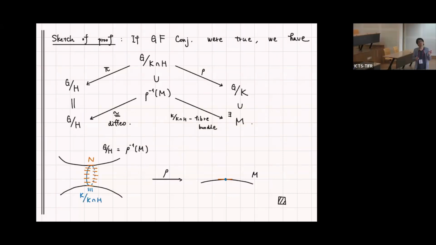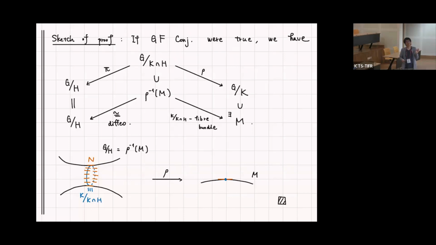And the proof is not difficult because if you believe the geometric fibration conjecture, then you get the fibration like this. And we, in fact, do not even need the Gamma equivariance of M. You can just say that you can find some M whose inverse image is diffeomorphic to G mod H. Then you look at this inverse image rho inverse M, which is diffeomorphic to G mod H. So this is a picture inside G mod K intersection H. So this is something like this is a G mod H. And